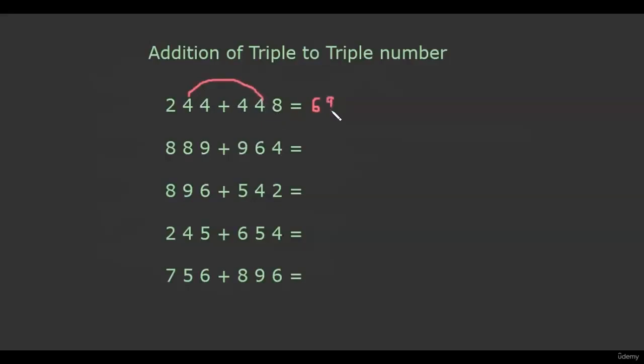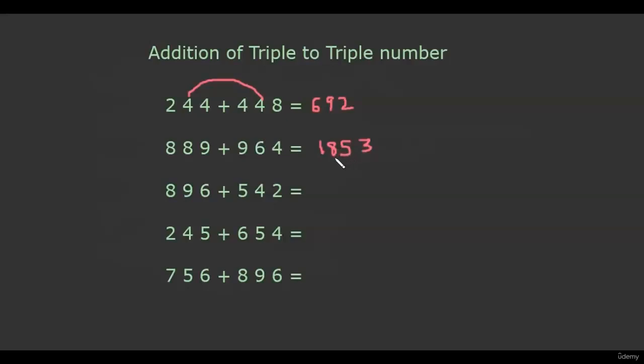So this becomes 9. And now 4 plus 8 is 12 and we write the end number. Now here 8 plus 9 is 17, and 8 and 6 are carry numbers. So instead of 17 we will write 18. On the leftmost side we always write the complete number, and for the rest of the additions we just write the end numbers. Now 8 plus 6 is 14, but 9 and 4 is also a carry pair. We increase 14 by 1, so this becomes 15 and the end number is 5. And 9 plus 4 is 13 and the end number is 3.